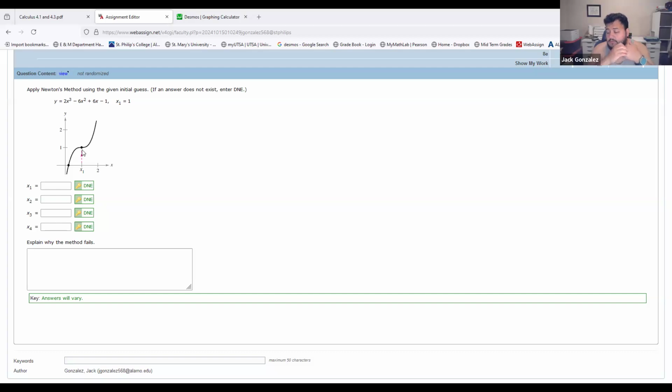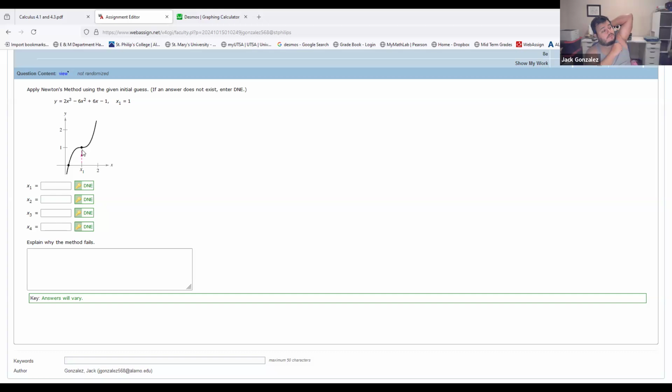Now look at your formula. Where is the derivative? We're dividing by the derivative. Newton's method is x minus f over f prime. So since f prime is 0,